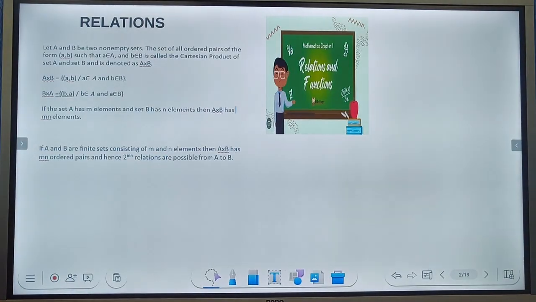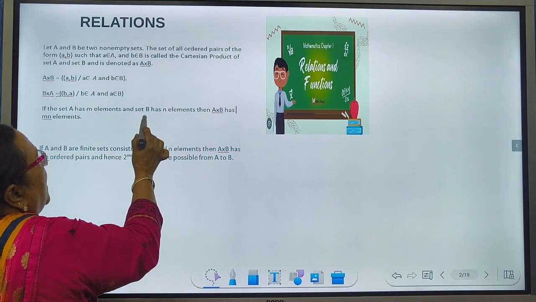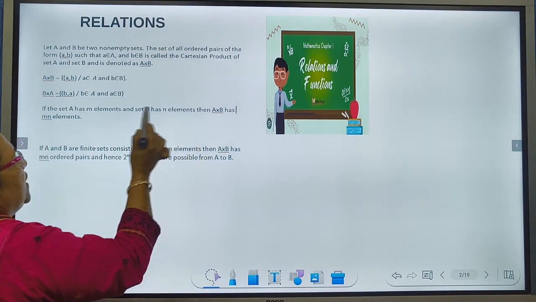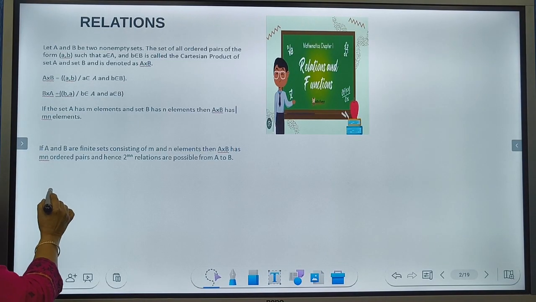So what will be B cross A? It will contain ordered pairs of the form (b, a), where b comes from B and a comes from A. So if the set A has m elements and the set B has n elements, then A cross B will have mn elements. See, for example,